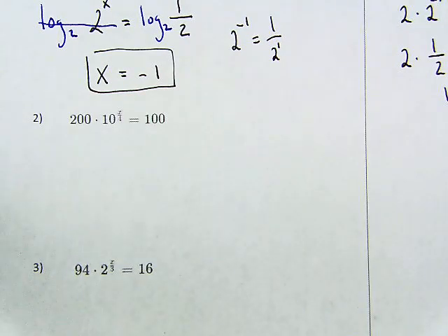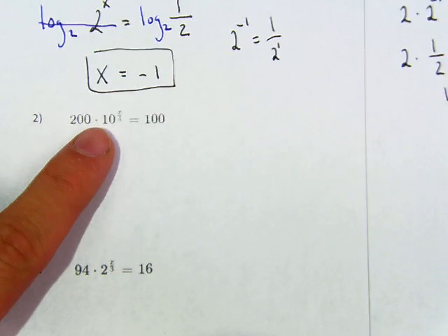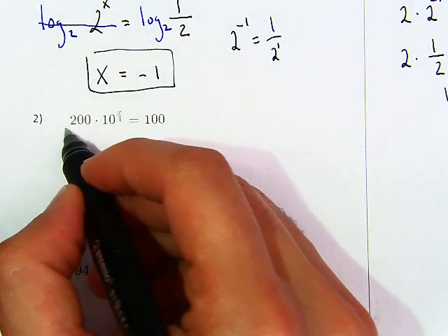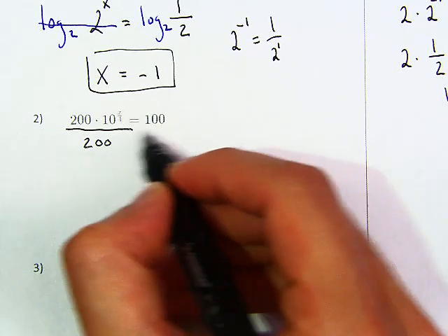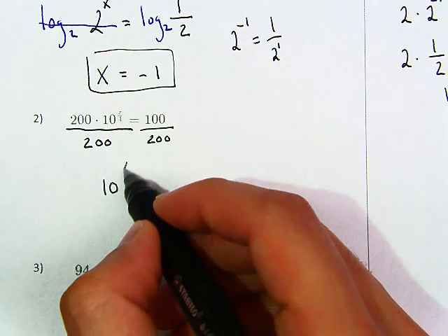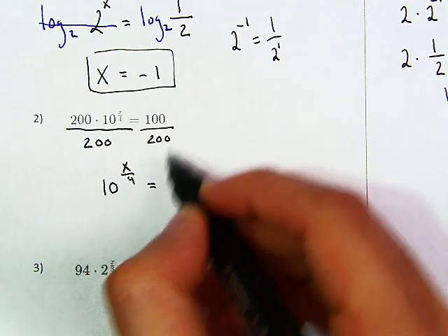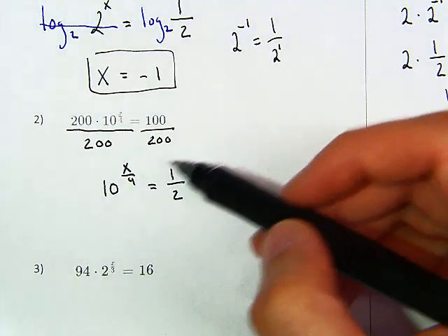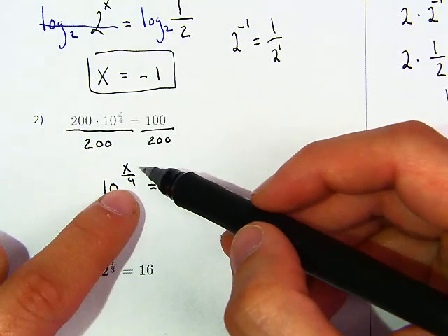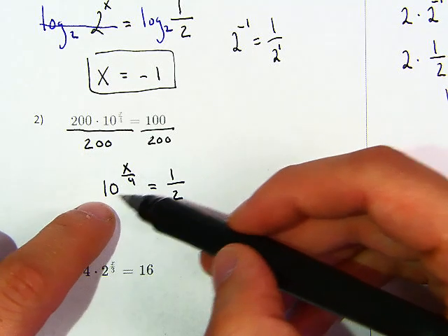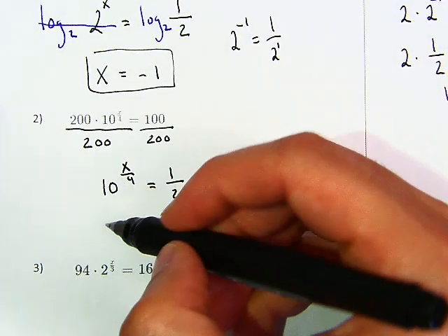So here we have 200 times 10 to the 4x equals 100. What we want to do is divide both sides by 200. So I have 10 to the 4x is equal to 1 over 2. Now notice, where is the x value? It's in the exponent. So to get rid of this 10, what you're going to have to do